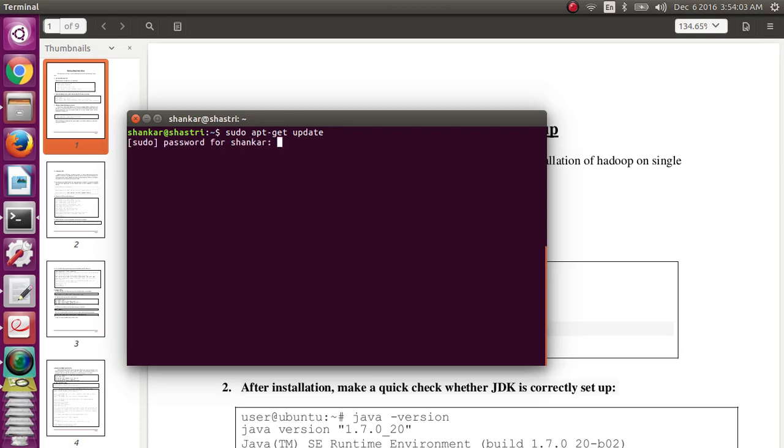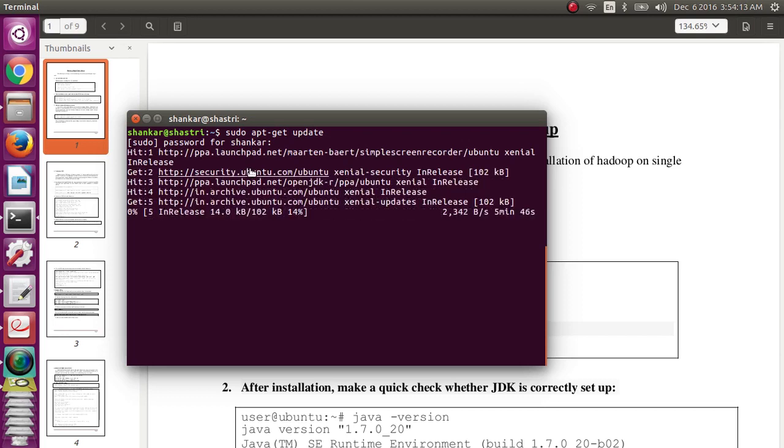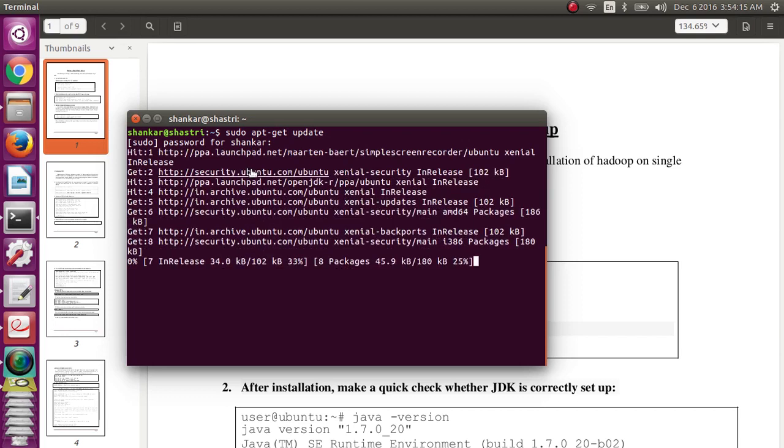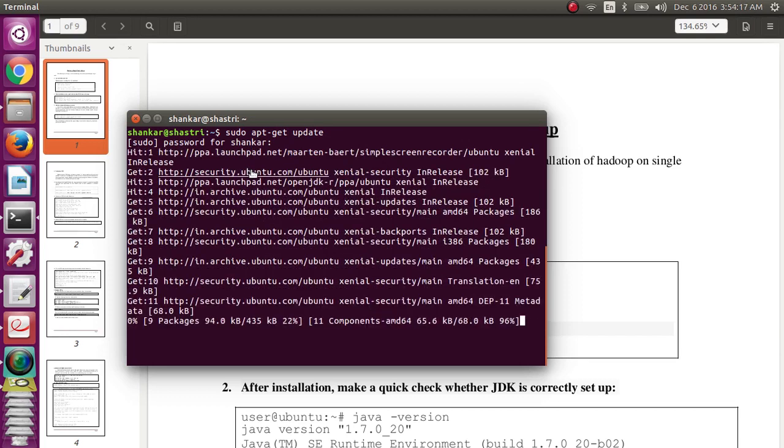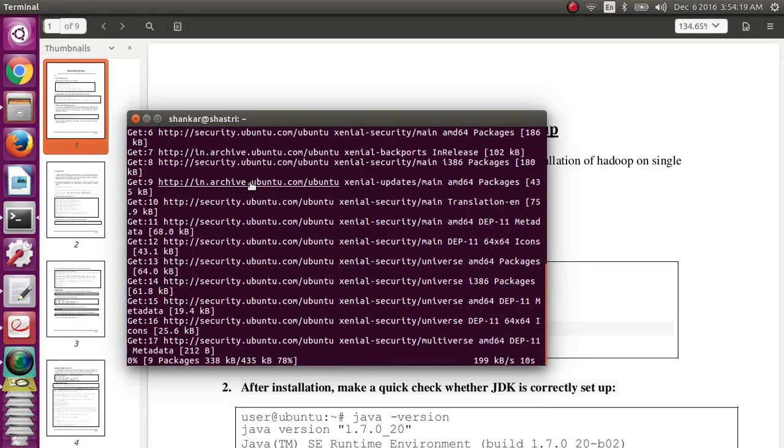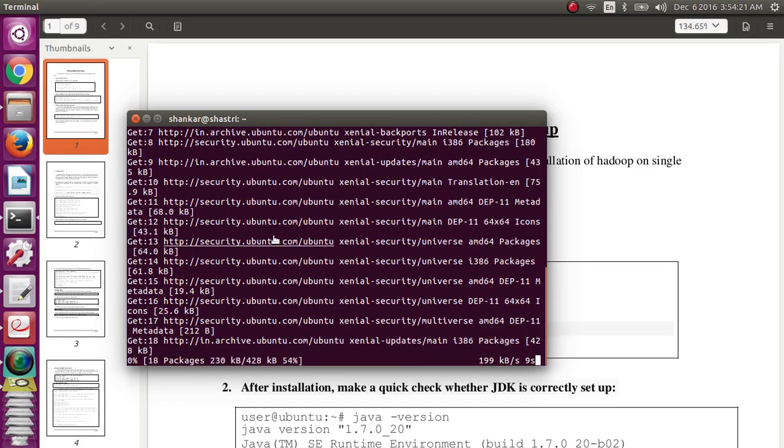So this is the command to update all your system resources. It takes 2 to 3 minutes.